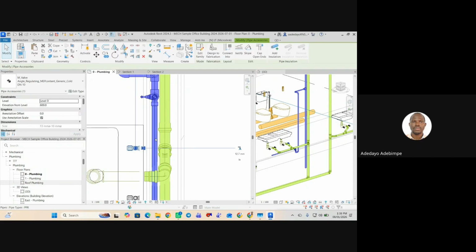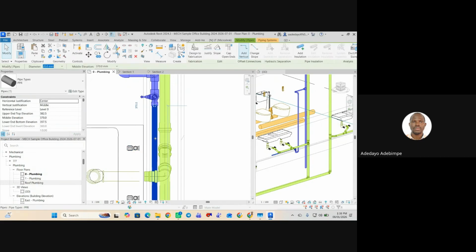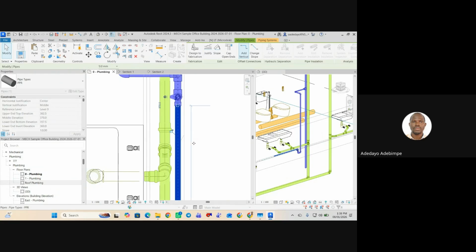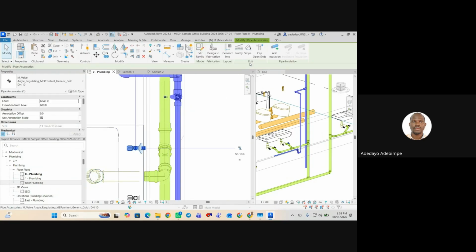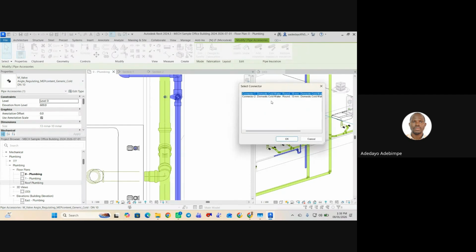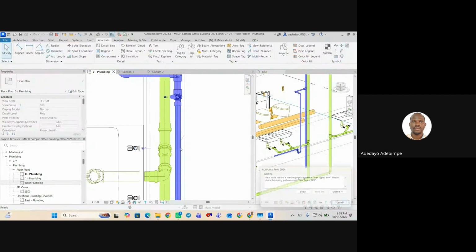So this is at 600, this is at 370. So let me move this back a bit. Let me connect into, let's see. Oh. What's happening now is what happened when we were trying to connect to our toilets. I don't have any 13 mm pipe. So two ways to do it: either I edit my family or create a segment of pipe that is 13 mm